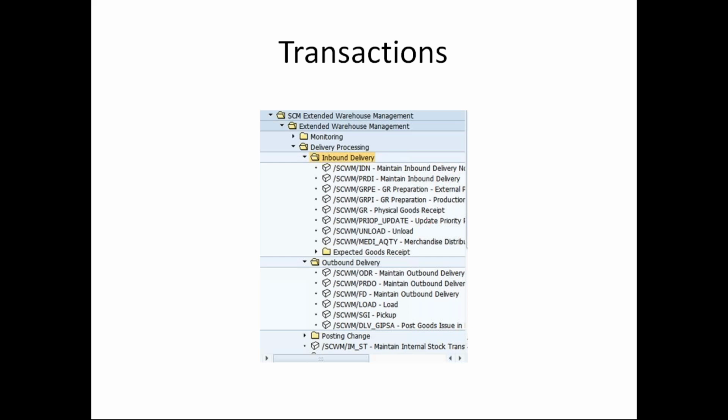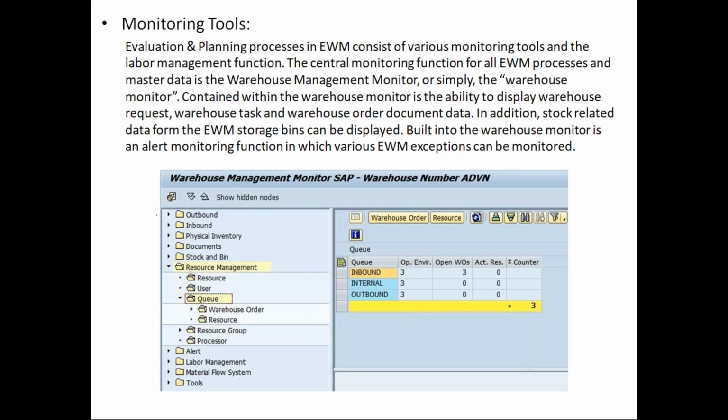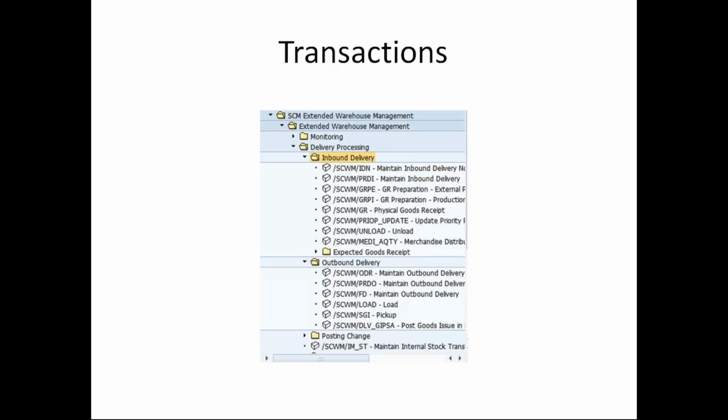For example, goods receipt, GR. Inbound delivery notification, IDN. Goods receipt external procurement, GRP. Goods receipt internal production, GRPI. So likewise, transactions are easy to remember. They're not complex. But as I said, you don't need to remember all these transactions. You can navigate from this monitor to all these transactions, whatever you see here. But obviously, as a consultant, we need to identify transactions and maintain data, which is a different story. Transactions seem lengthy, but they are easy to remember.